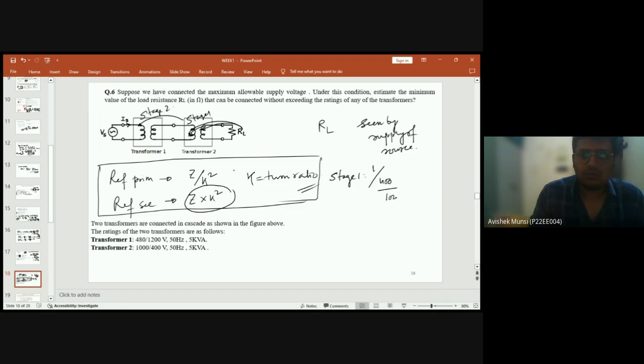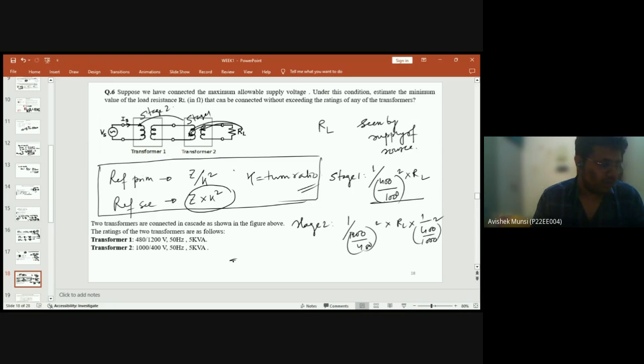That is 400 into RL. Similarly, for stage two, the resistance became this. So it will be 1 by (1200 by 480) square into RL into this one, 1 by. Fine. So ultimately, the referred resistance would be